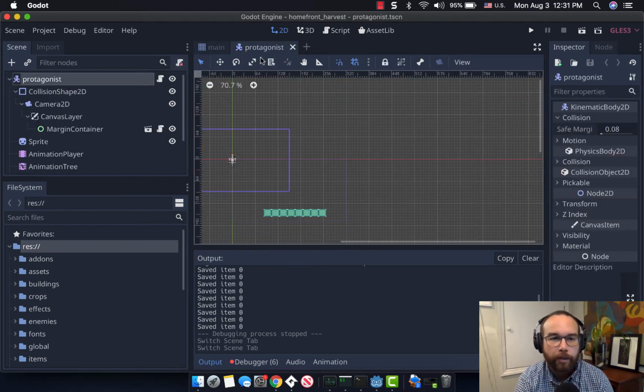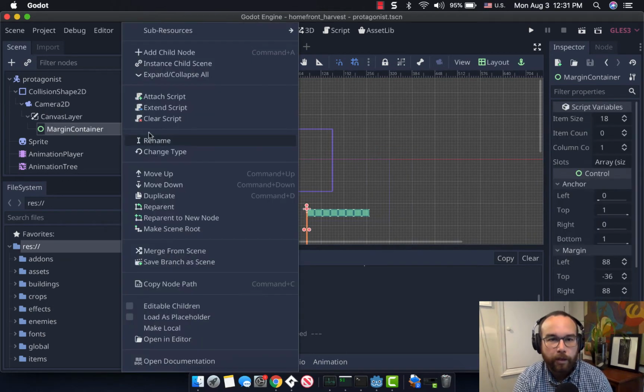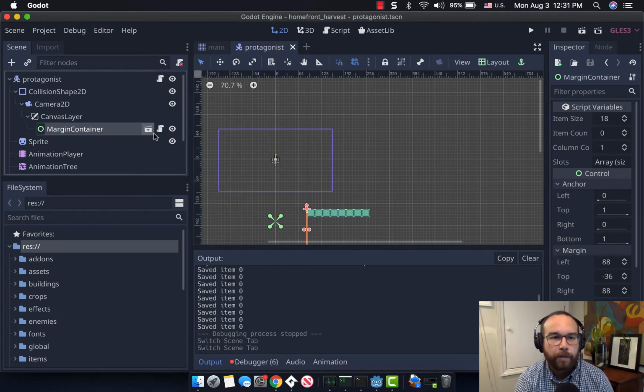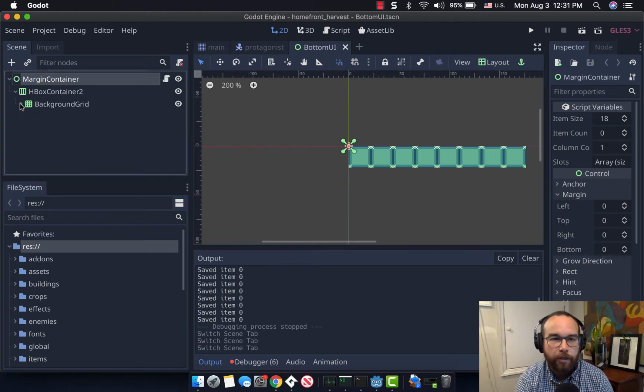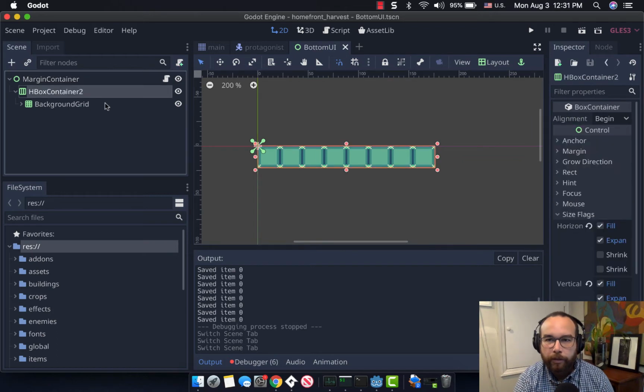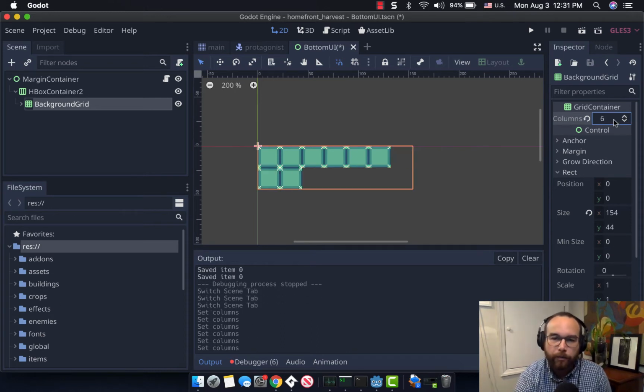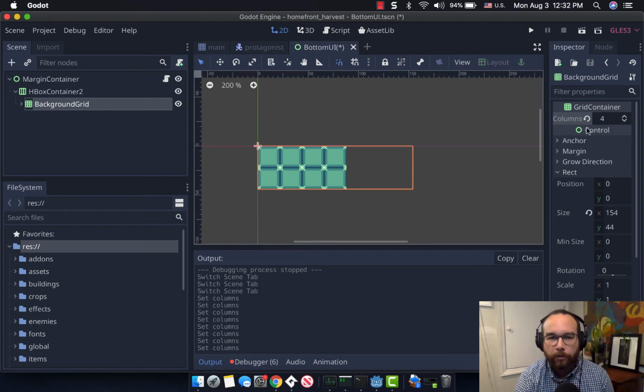the inventory. What's nice about Godot, what I'm learning, is that you can have separate scenes and then compose all of these different scenes. So this scene is a margin container with horizontal boxes and a grid. And what's nice is that with the horizontal boxes or the grid, you can just stipulate how many different containers you want. So if I break this down, I had 8, so I'm saying now this is 4, and so this is why this is going to 4 and 4, because I have 8 sort of inventory slots, and